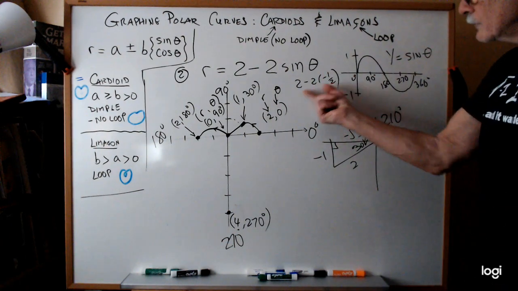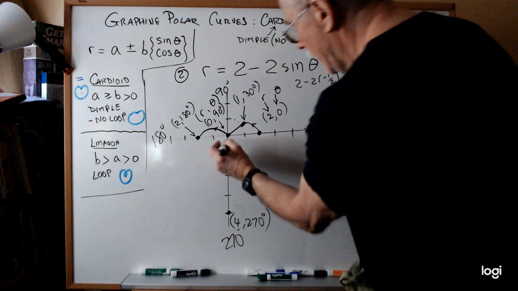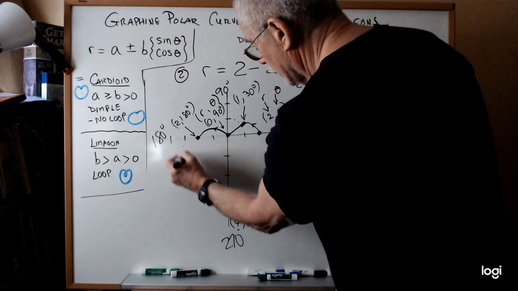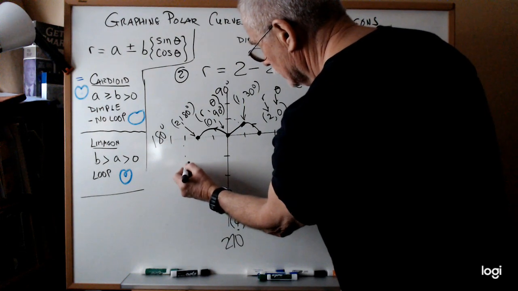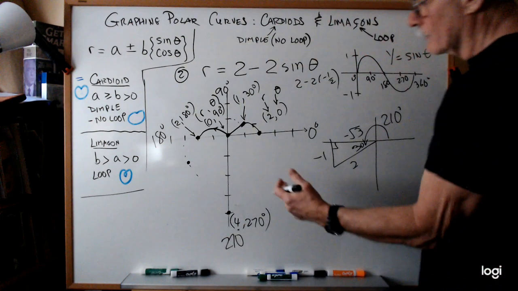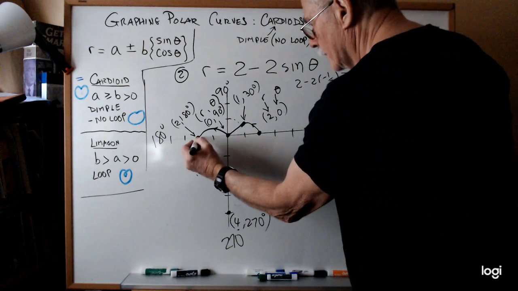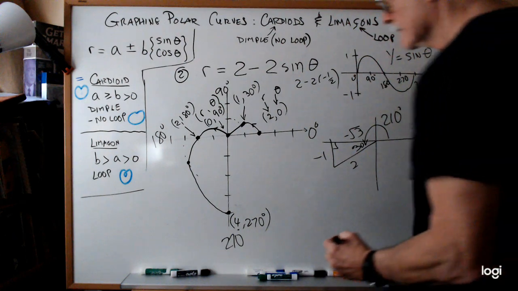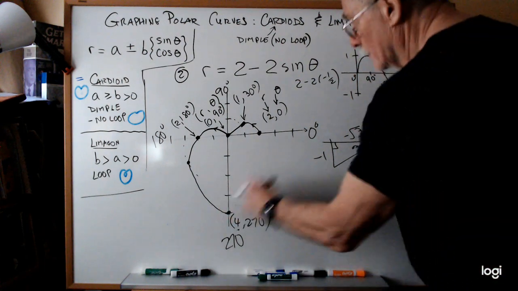This is a 1, 2 and 1 is 3. So when I'm out at an angle of 210, I'm going to be radially out 3 units. Okay, so what's going to happen? You can plot some other points here, and what's going to happen is the curve is going to come down like this. Okay, and now coming around,